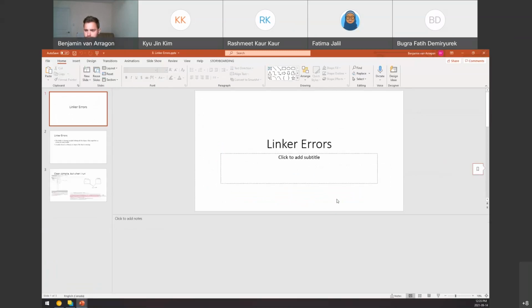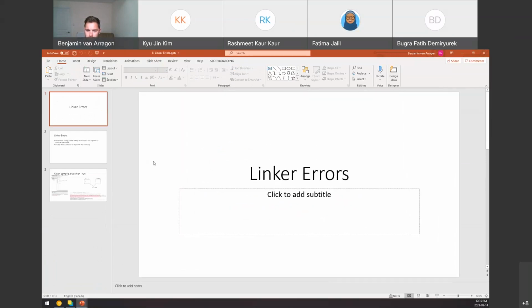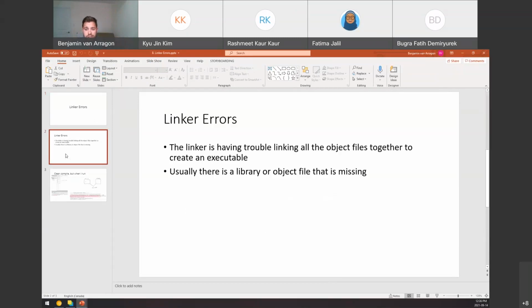So linker errors. Remember, we have our compiler errors, which compiles it into machine code. And then we have our linker error, which is where it grabs those third-party libraries and puts everything together into one complete main executable file. A linker error is basically when you're having trouble linking all those object files, those .obj or .o files together to create that executable. So usually there's a library out there that's missing somewhere, or you referred to it, but you typed the name wrong. So basically here,